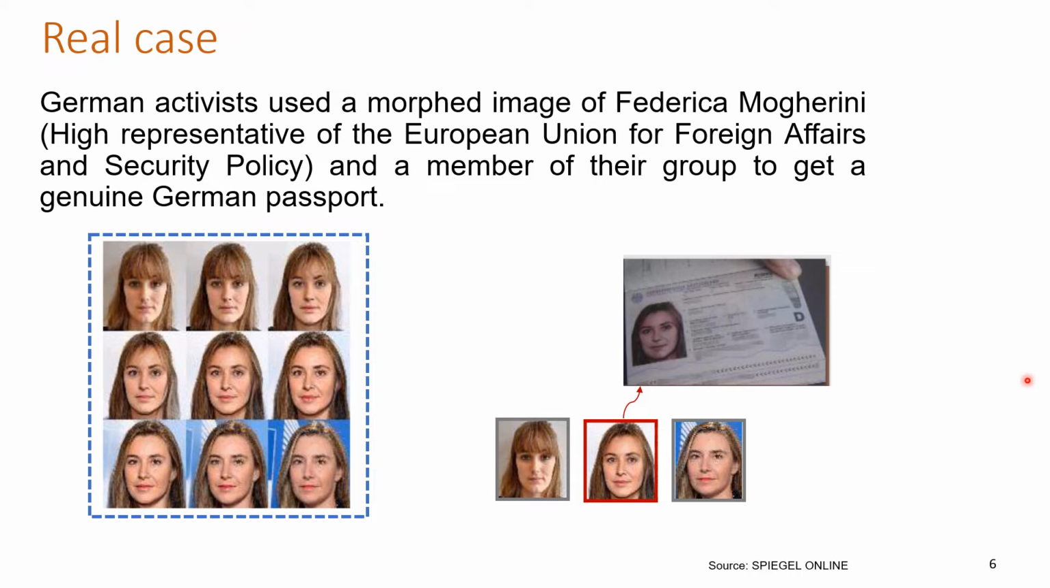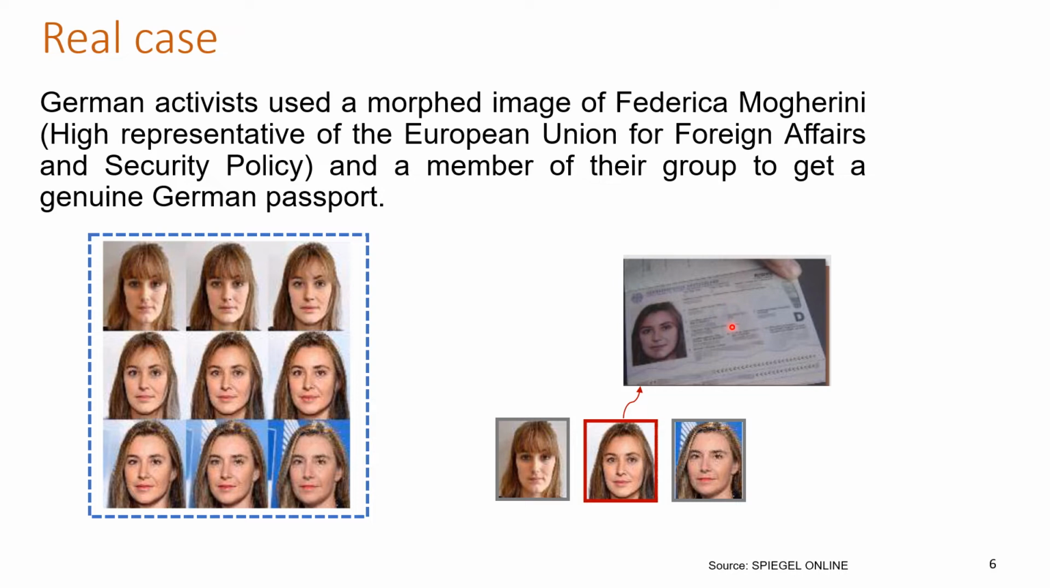So she is the High Representative of the European Union for Foreign Affairs and Security Policy. The activist took her photo along with another photo of Federica, and then she performed the face morphing. Then she took that morphed image to the German passport application control, and she was very successful in obtaining